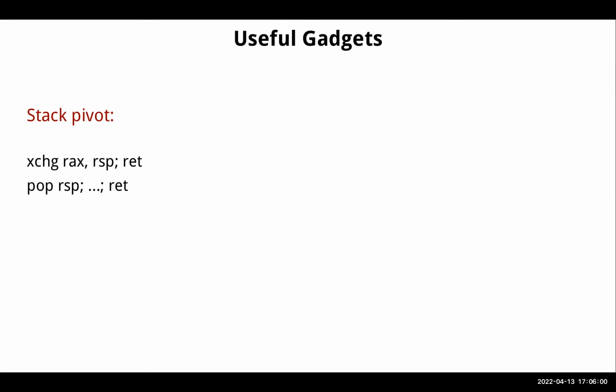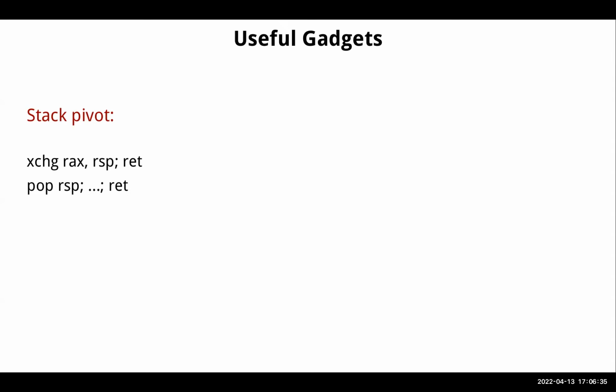There are some gadgets with which you can change your stack pointer, the RSP or ESP. So you can make the RSP or ESP point to another location. And at that other location, maybe you don't have the constraint of 20 bytes anymore. For example, you can make the RSP point to an environment variable, which you can control,